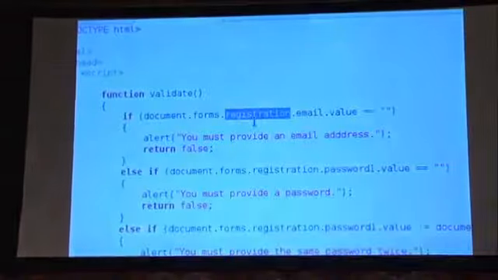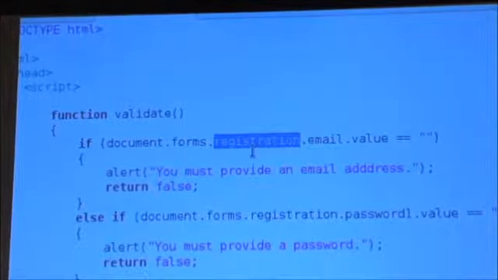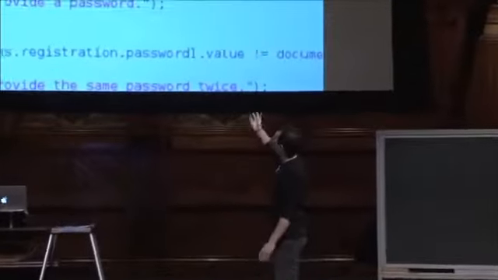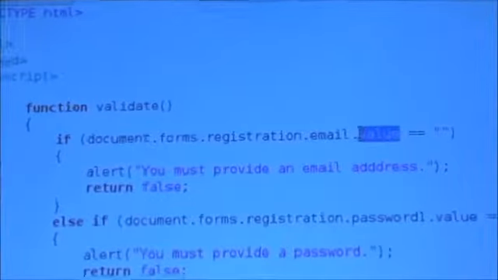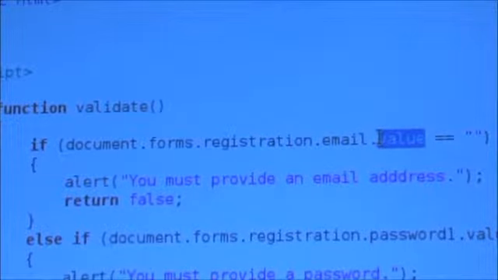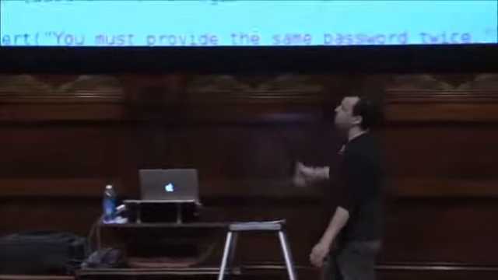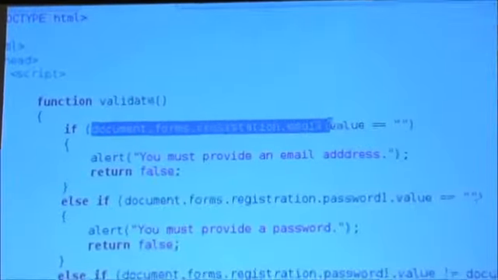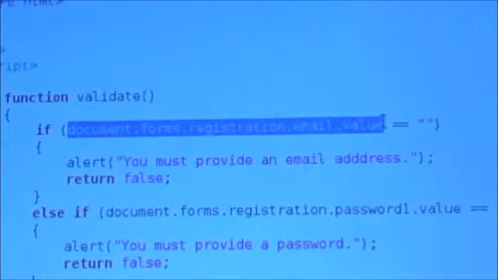And if you then go .registration, this means give me the form whose name is registration in this particular web page. And then you can kind of continue the logic fairly intuitively. .email means get me the email field in that form called registration in this web page. And then lastly, because the email field is really referring to an input element, we really care about its value. So value equals quote unquote something. So we say .value. And finally, after traversing this very long hierarchy of objects, but arguably intuitive hierarchy, we're checking